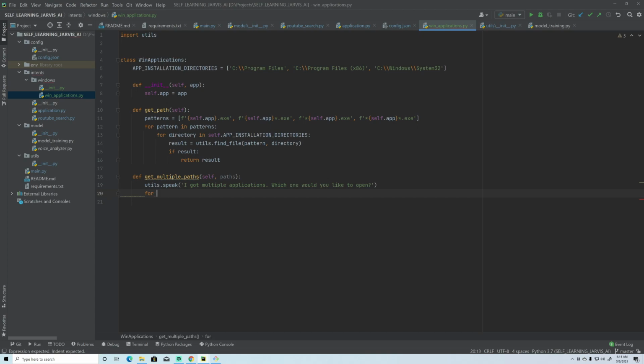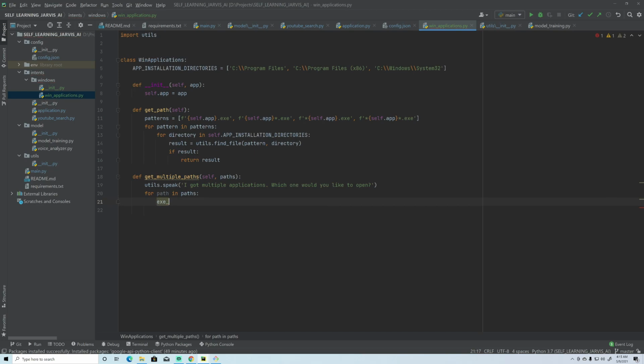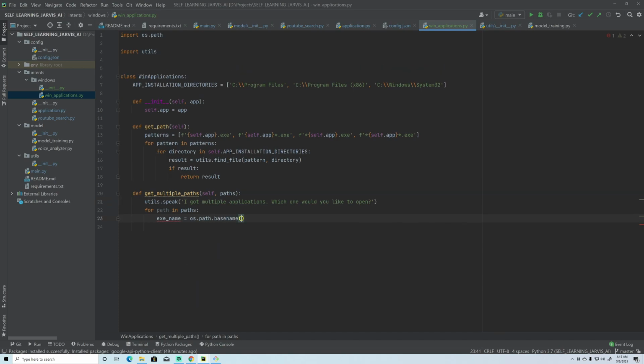So for path in paths, first we will get that particular exe name, so os.path.basename, and we will pass the path.